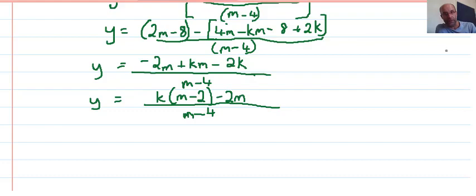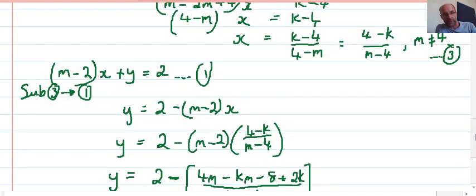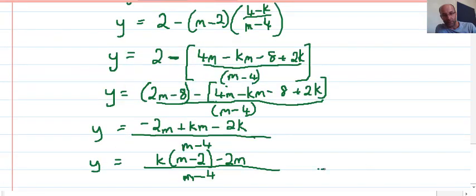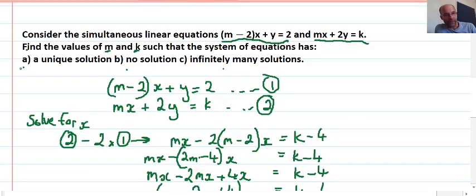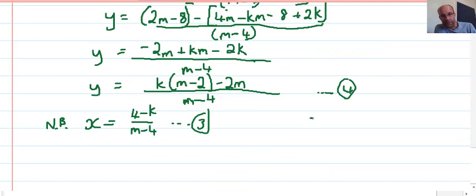So we have an equation now for x and for y. So back up there, equation 3 is x. So maybe call this equation 4. So getting back to the question, part A, we have to find values of m and k such that the system of equations has a unique solution. Now remember, when we say solution, it's results for x and y. So if we look at equation 4, provided m doesn't equal 4, and that's also true for x, provided m doesn't equal 4, and k can be any real number,